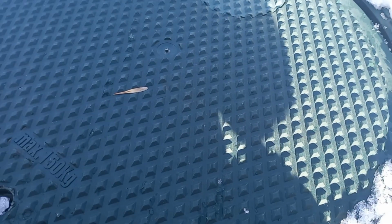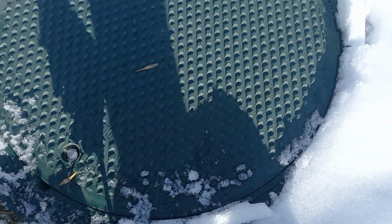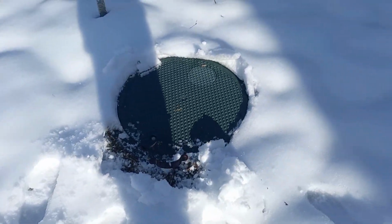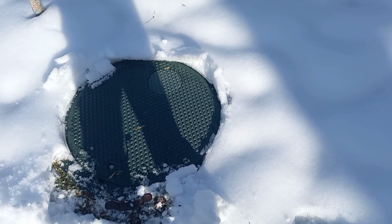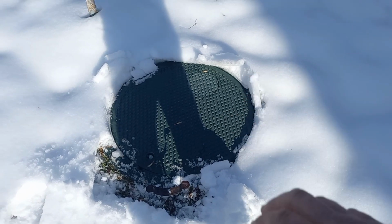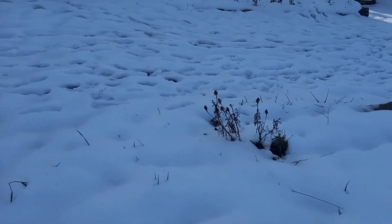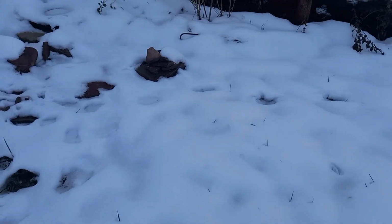So we collect the water from basically half of our roof. We have 4 down pipes, and 2 of those go underground and come here to the tank, and we collect that water. The other 2, however, let me just walk around a bit. They are gathered on the other side of the house, and they are also